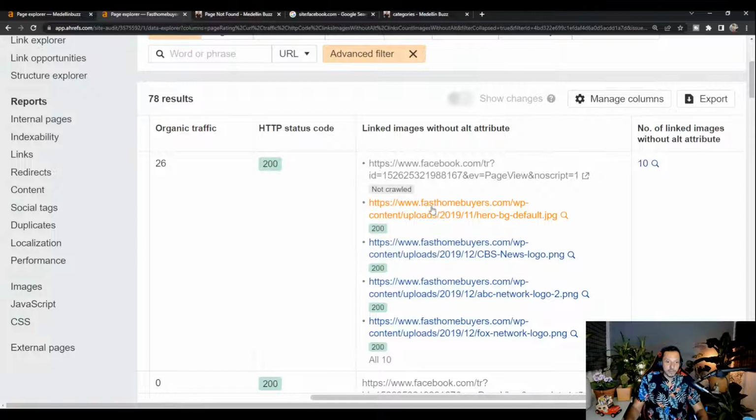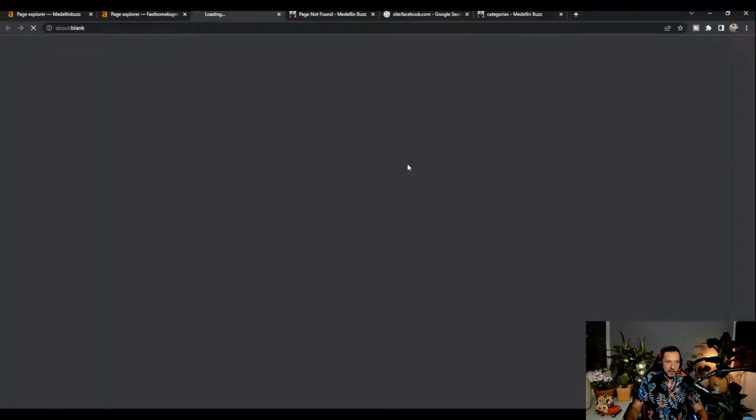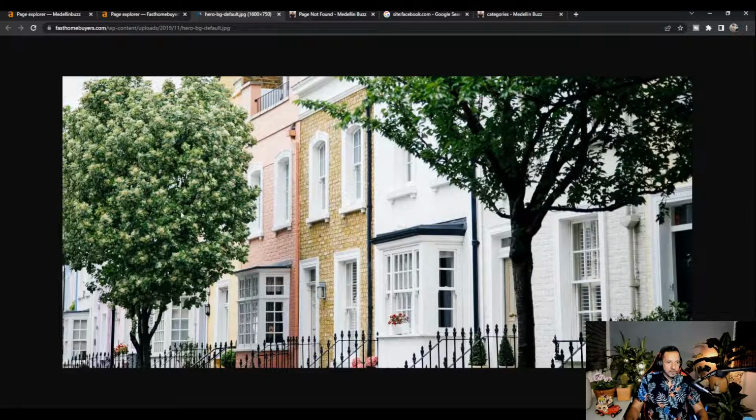So, for example, let's see what this image is on this competitor website. So it's an image of, it looks like, San Francisco style homes. So this image has no description, so the search engine doesn't know what it is. It just knows that it's an image, but it will never be ranked for any keywords because it doesn't have alt text to it. And on top of that, if someone blind